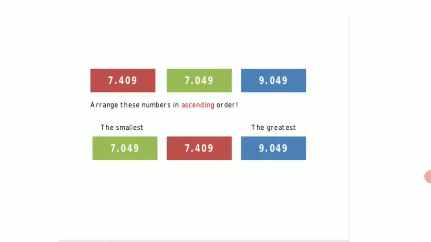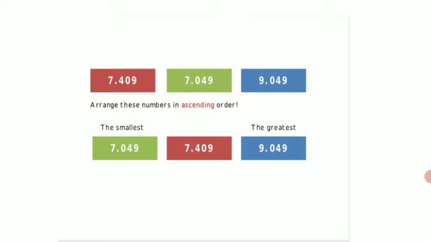Now children, when we need to arrange the numbers in ascending or descending order: ascending means climbing up the staircase, that means going from a smaller to a bigger number, and descending means just coming down the staircase, where you are standing on a higher base and coming to the lower base. That means we start from the highest number and then slowly come towards the smallest number. Now here we see three different numbers in three different colorful blocks.